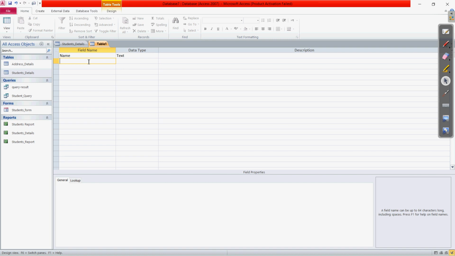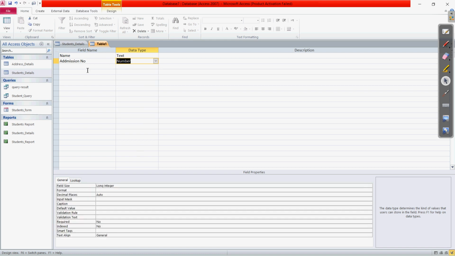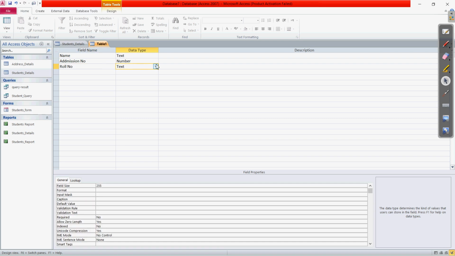Then if you want to write admission number, here we can give the name of the field, then here the type will be number. Okay, then suppose if there is a roll number or something like that, this can be done with this.